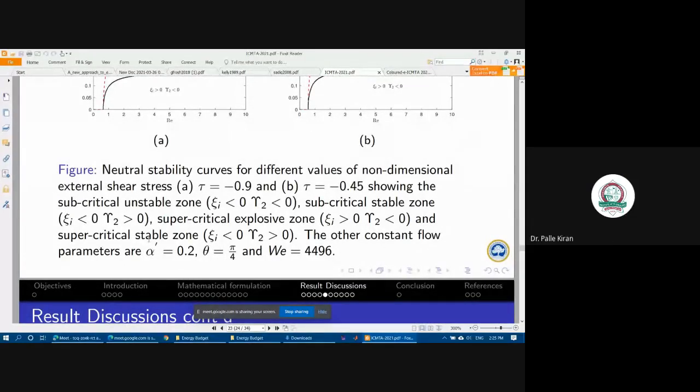If the non-linear is there, why do you want to go for weakly non-linear? I understand your question. We went for weakly non-linear because the length of this region from the marginal curve or neutral curve is very small in the non-linear stability zone. That's why it's called weakly non-linear. If we take that length or range to be very high, then it is normally non-linear, but not weakly non-linear.